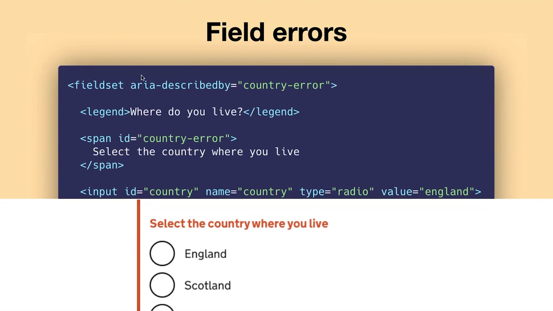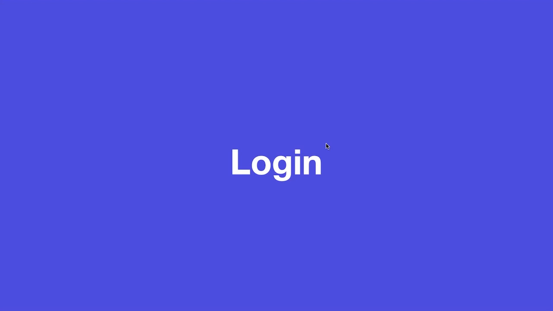And then the last thing we do is what you saw earlier. They add an ARIA described by to point to an error message, and they put that next to the specific field that has a problem. This is exactly what you saw earlier. The only subtle distinction here, they've got a fieldset. That's because they've got a series of radio buttons. So they attach the ARIA described by to the fieldset, not to the individual value, because that wouldn't make any sense. You couldn't say England is an error or Scotland's an error, but you could say the whole set of these radio buttons has a problem. And that's it. It's pretty straightforward. They do an incredibly good job. This stuff is not easy to pull off and is basically the gold standard. So I recommend you spend some time looking at that.